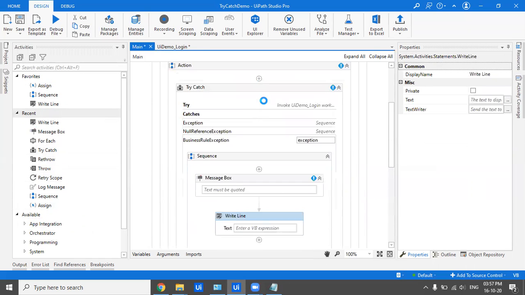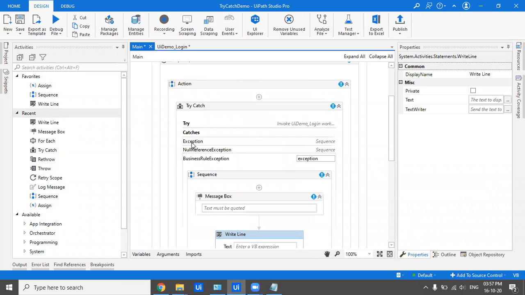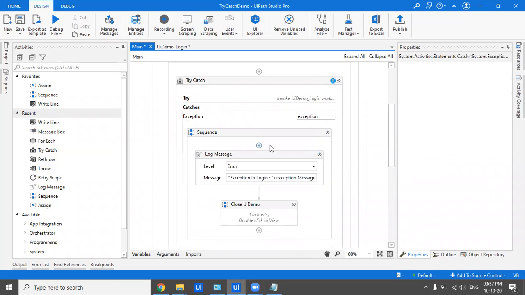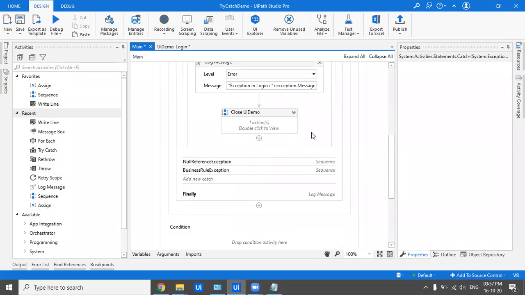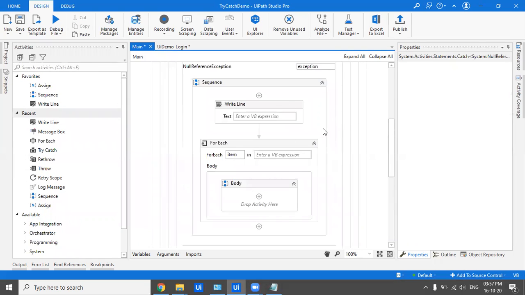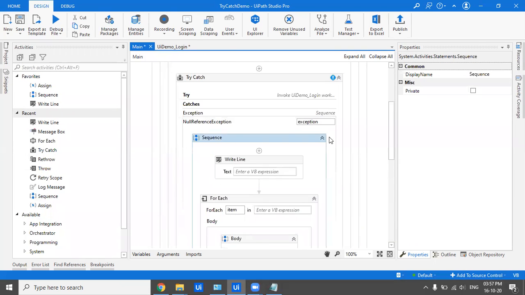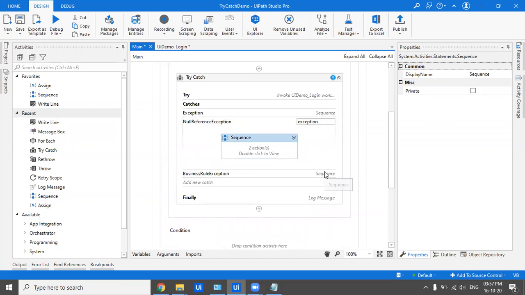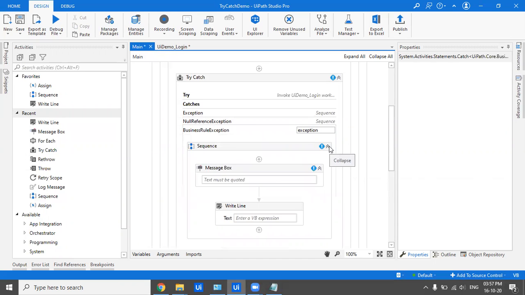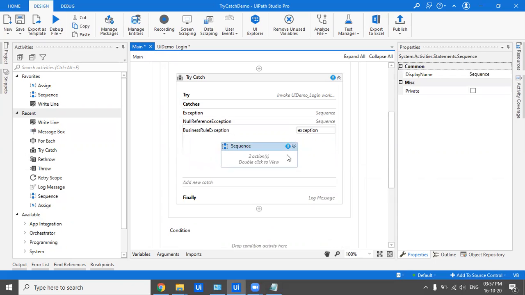So based on your exception, over here you can see that we have three types of exception. In case of any exception other than null reference and business rule exception, everything would be caught here in this exception. In case there is a null reference exception, it would come here in this catch and these set of activities would be performed. In case it's a business rule exception, the control would come here and all these set of activities are performed. So that's how you modify your try catch.